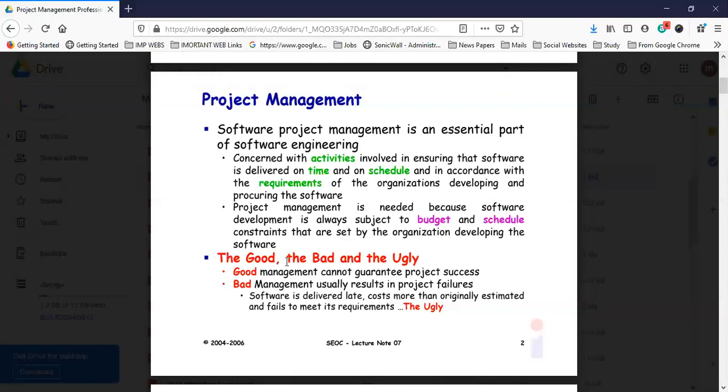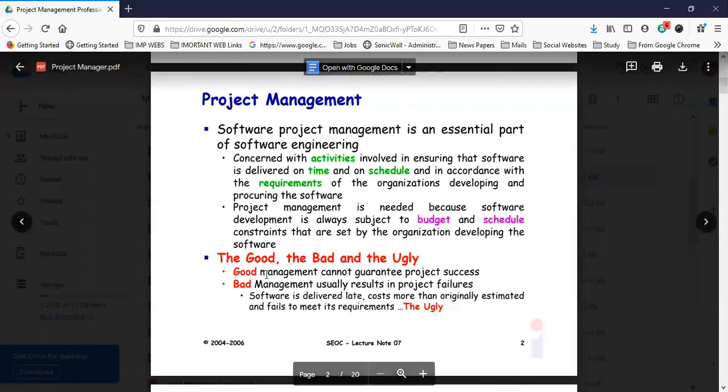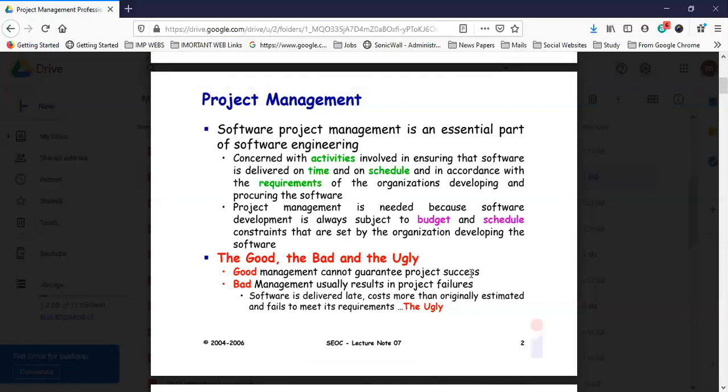We can talk about the good, the bad and the ugly project. Good management cannot guarantee project success. Suppose you have a good project management team. It does not guarantee that you can deliver the project on time, because there are several reasons for it, such as environmental reasons.